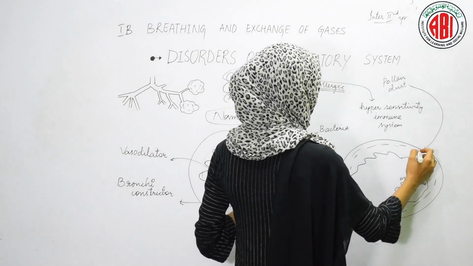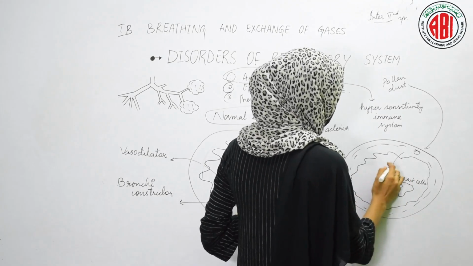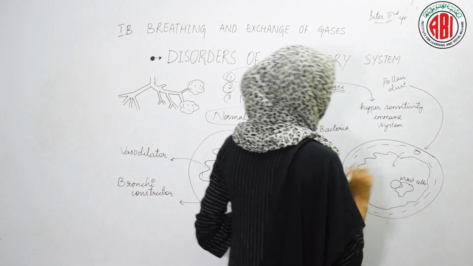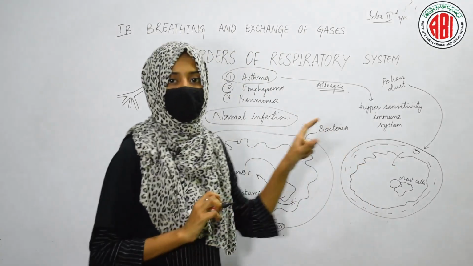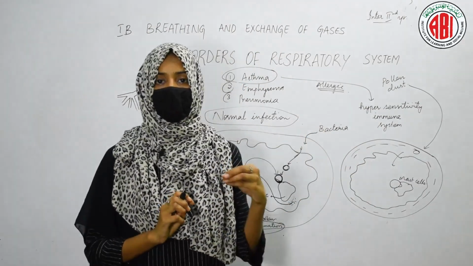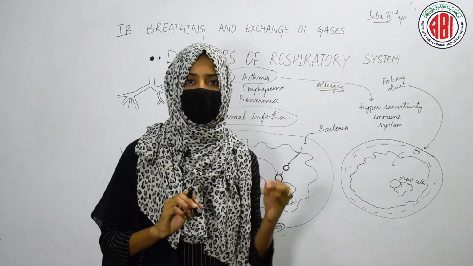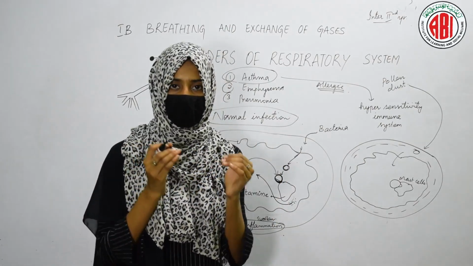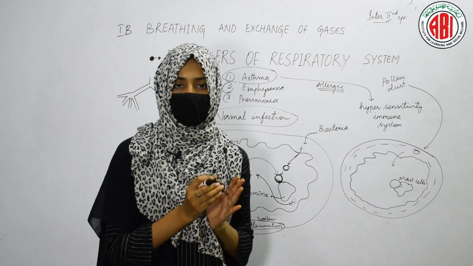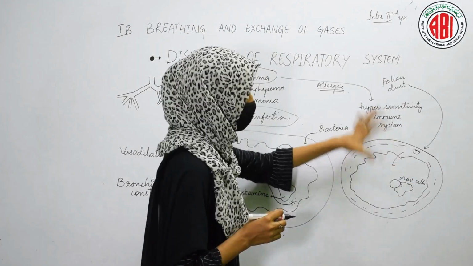If the pollen enters into the wall of the trachea and then enters into the inner linings of the trachea and attaches to the mast cell, then the mast cell is unable to recognize whether the foreign particle is harmful or not. It just senses that some foreign material has come into the trachea and attached onto the mast cell. So now it starts reacting.